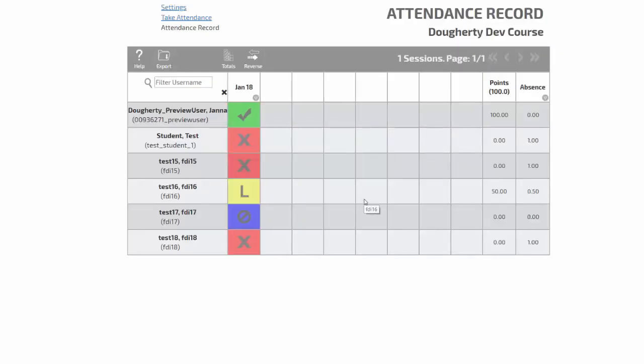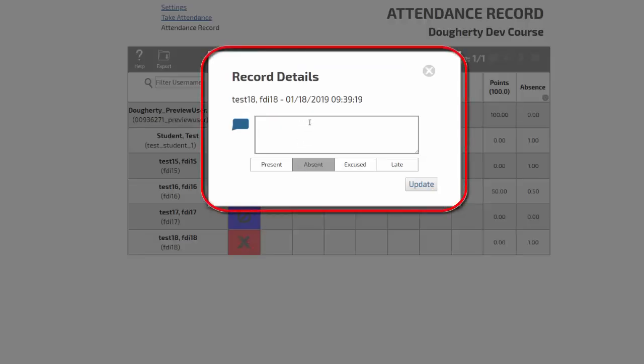You can also change an attendance value by clicking on that individual value. For example, let's find that attendance record that we want to change. If we click on the status that's listed, say absent, it'll open up a window where we can change that status and provide commentary.